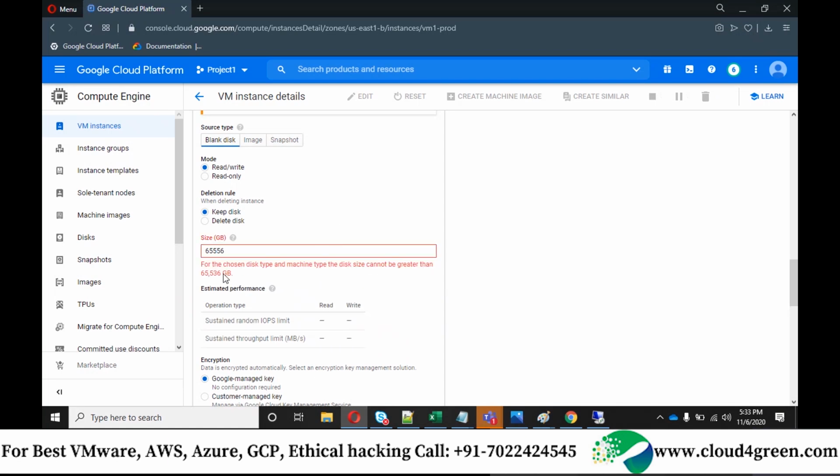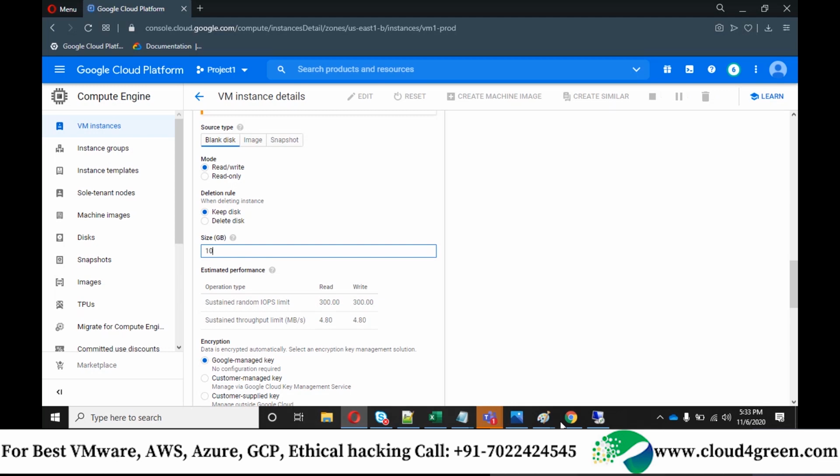Can you see? What is the maximum size? Maximum is 64 TB as a single disk. Okay, you can add multiple 64 TBs, but one single disk size is 64 TB. So I'll go with only one disk now.